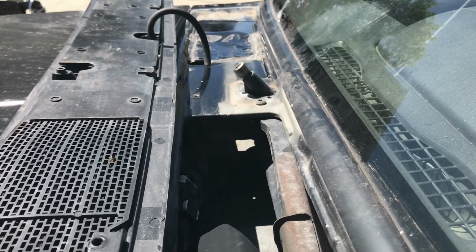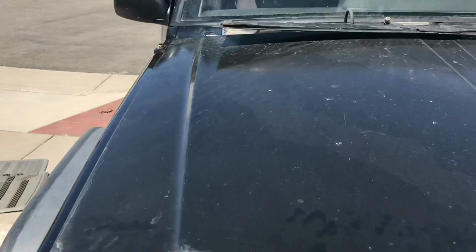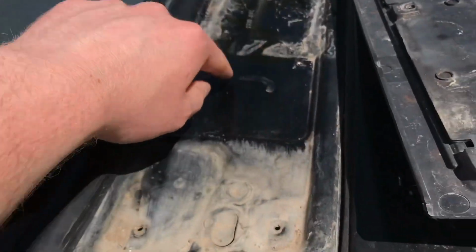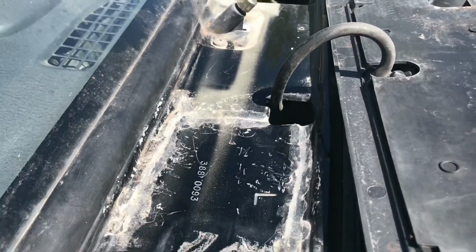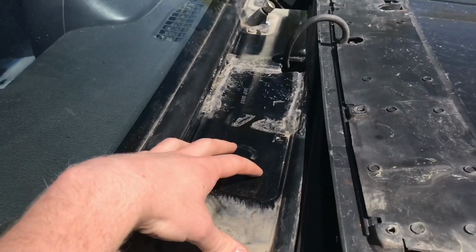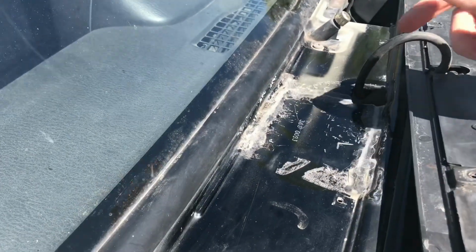So the fix for this is rather simple. It worked for me. There are a couple ways to do it, but I did the way that was the easiest but most destructive to the vehicle, so to speak. What I ended up doing was caulking the outside rim of that fresh air intake, just to keep water out. Large amounts of water can go over the edge, so I stuck my finger down in there. The way I did that was I took tin snips and I cut this thin gauge metal, meant to just keep water out from going directly into the fresh air intake. I cut from here and then down about 6 inches and bent that piece of metal back. I then stuck my arm through there with caulk on my fingers, and I caulked all 4 sides of that fresh air intake